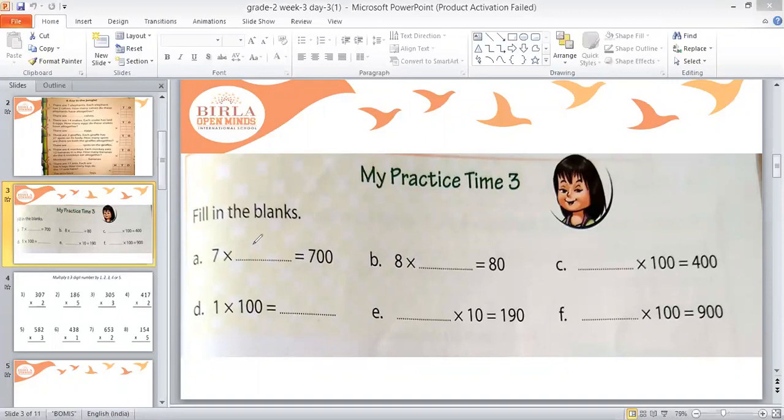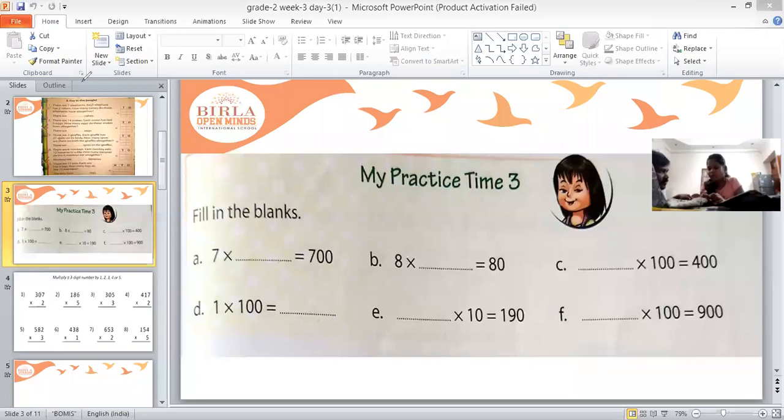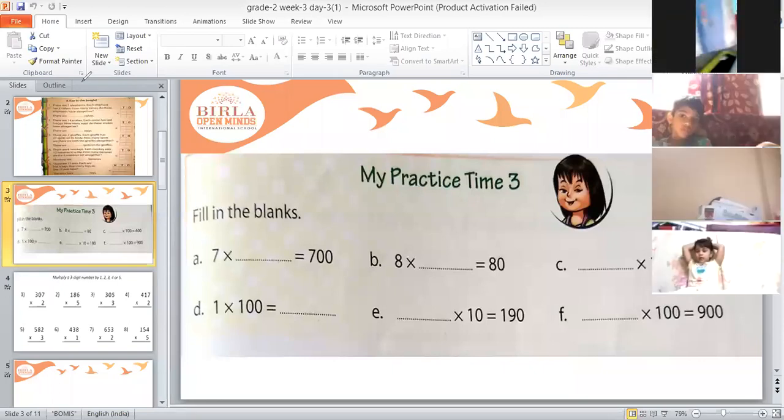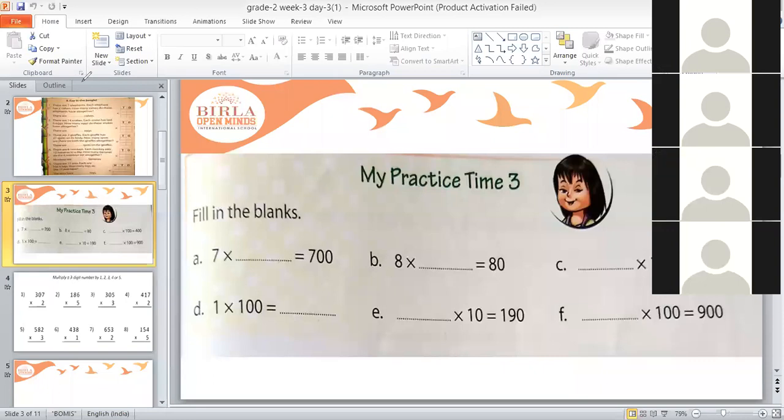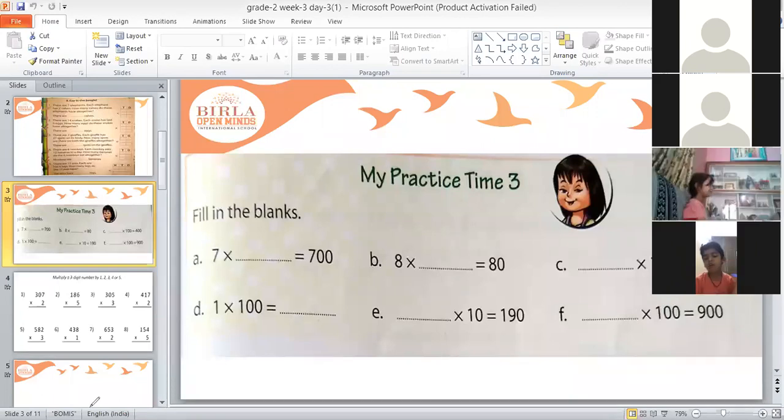Nitya, you tell me how many zeros are there in 700? Ma'am, 10. Wrong. You tell me how many zeros are there in it? Come on, fast. 2. So tell me, in 10 there are how many zeros? Nitya Sri, I'm talking to you. I want the answer fast, it's so easy. In 10, how many zeros are there? Not at all interested. Busy with her own work. And Nitya Sri, camera on.